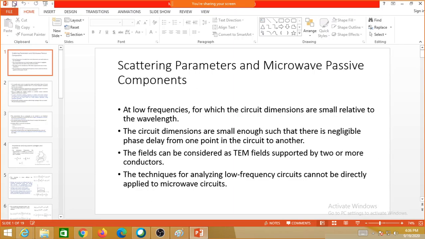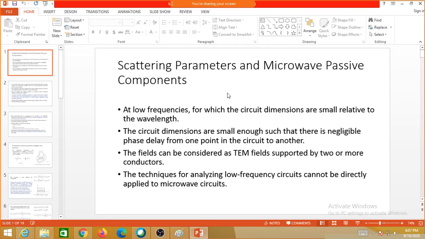I'll upload it. Now we'll go to the next concept, that is scattering parameters and microwave passive components. What are these scattering parameters, why do we need to use them, and what is their importance? You might have already done this in the lab, so you might have seen S11, S21 values. Say, for example, if you got minus 5 dB for a line resonator, what is that 5 dB? How much power are you giving as input, and how are you measuring that S21? All these things we will study here.